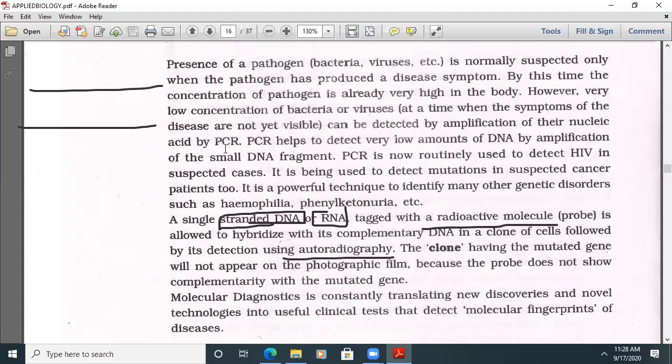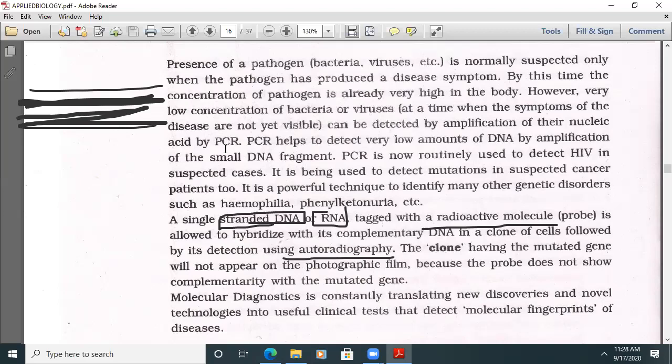Then we allow the laboratory nucleic materials to be hybridized with them. Here, for these complementary DNA strands, we are using radioactive probes. A radioactive molecule is allowed to hybridize with its complementary DNA in a clone of cells, followed by detection using autoradiography. We use it to detect them. The clone having the mutated gene will not appear on the photographic film because the probe is not complementary